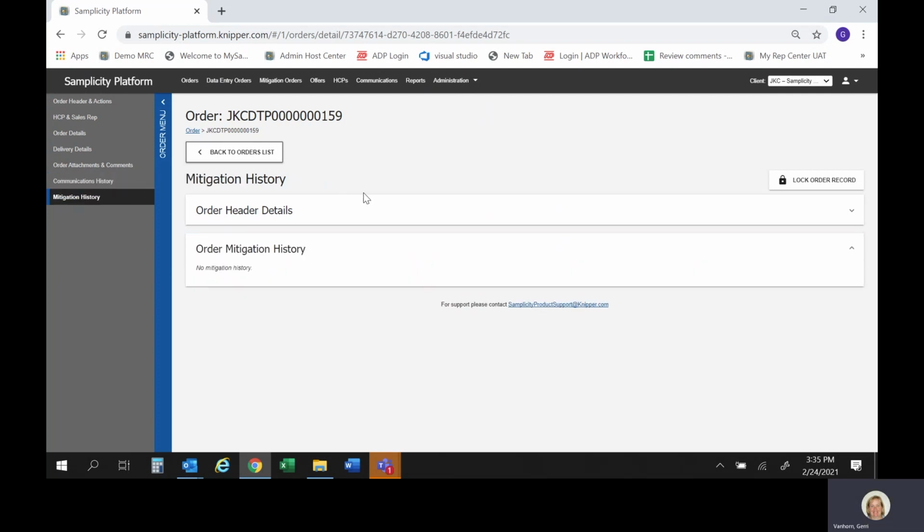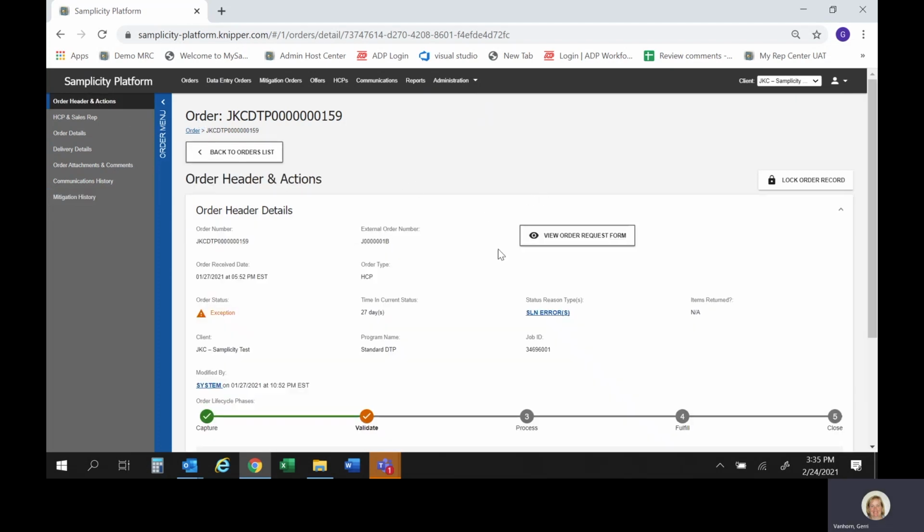And then finally, the last section of an order is your mitigation history. At this point, you can come in and see if that order went into mitigation and how that mitigation was resolved. If I go back up to the order header, something I would like to mention as well is